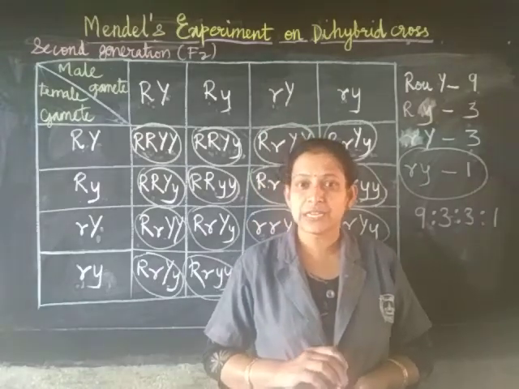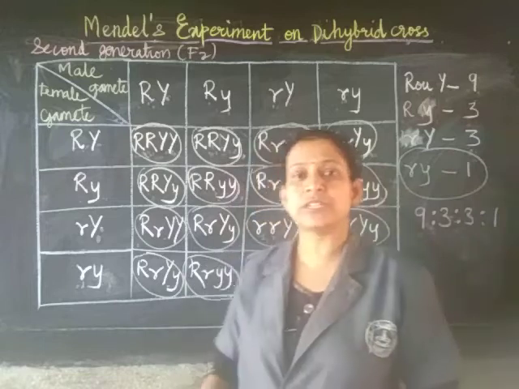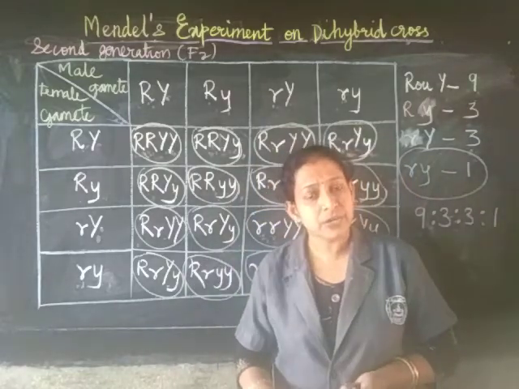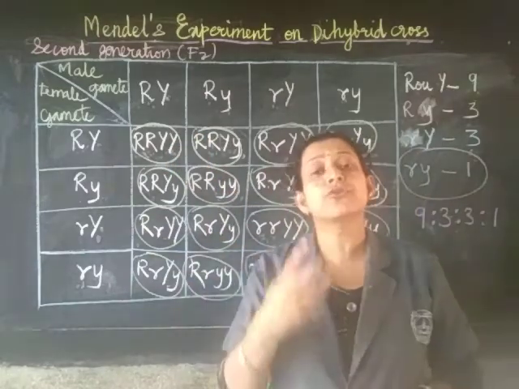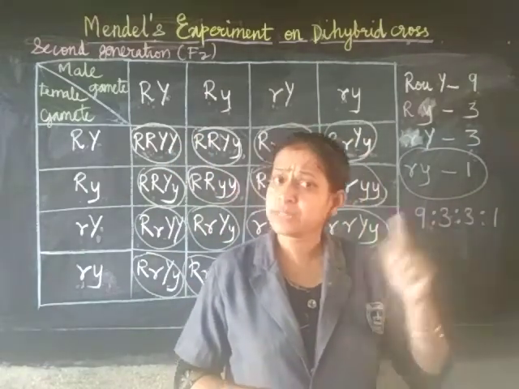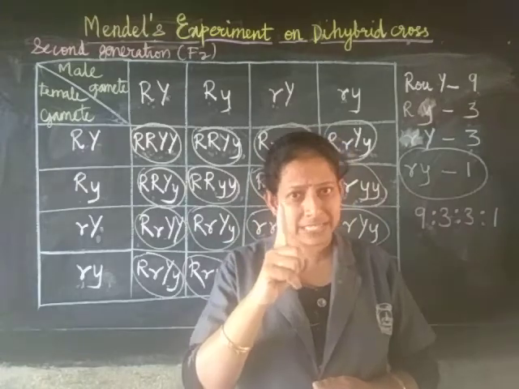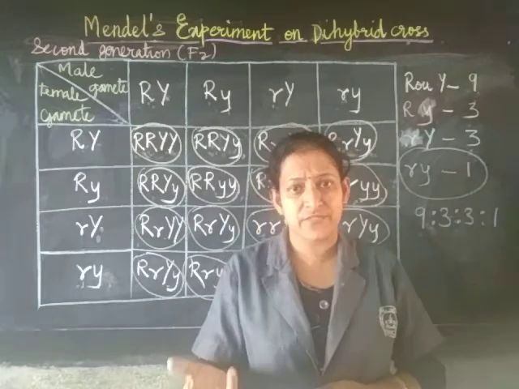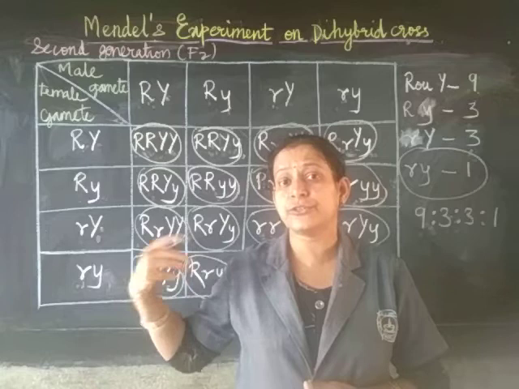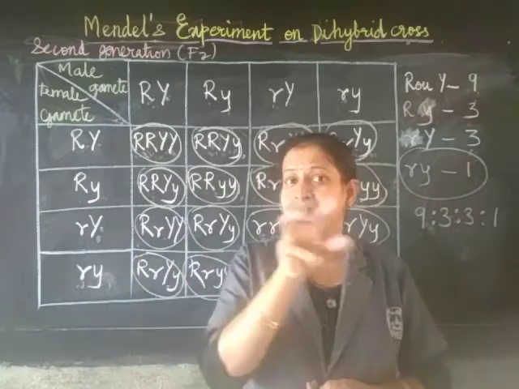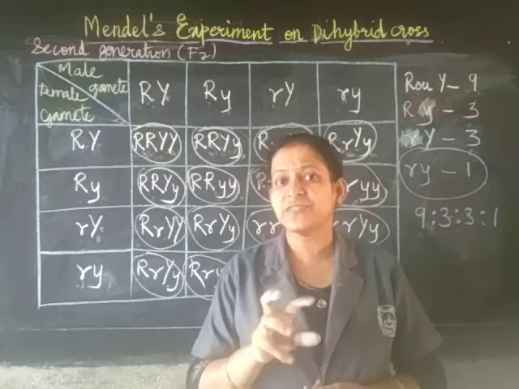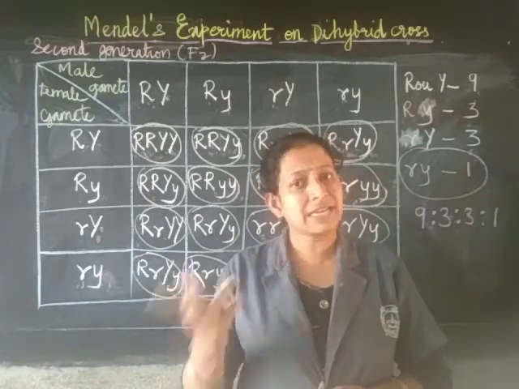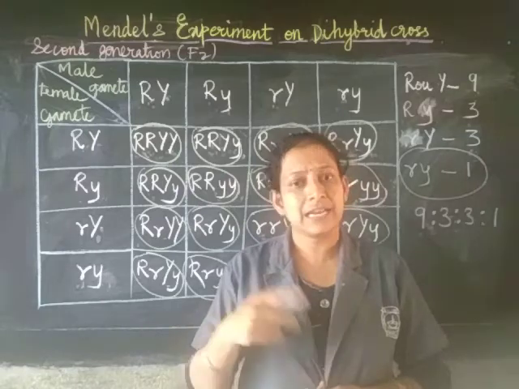Okay dear student, I hope you have understood what is a dihybrid cross. Dihybrid cross is a hybridization method between the two contrasting characters. In monohybrid cross, one contrasting character was used, that was tallness and dwarfness. Here two different characteristics are used and which are contrasting. Shape of the seed and color of the seed. Shape of the seeds are 2, that is rounded and wrinkled, and color are yellow and green.